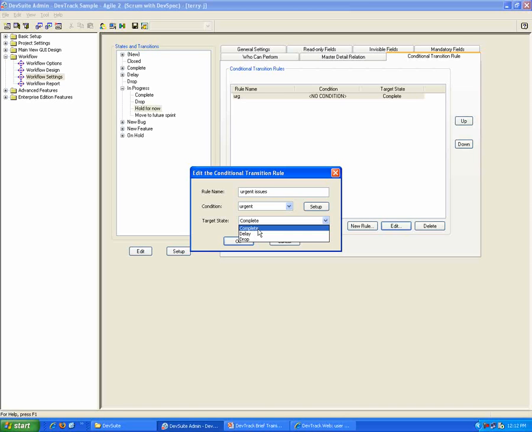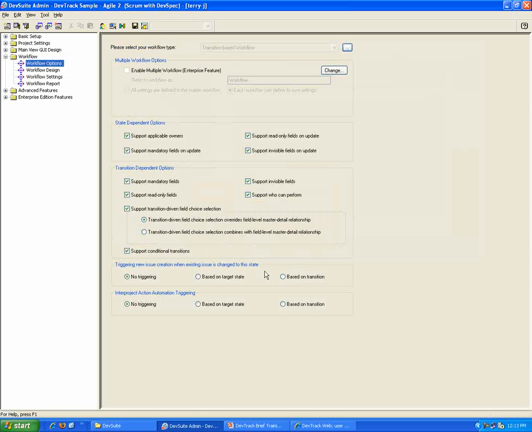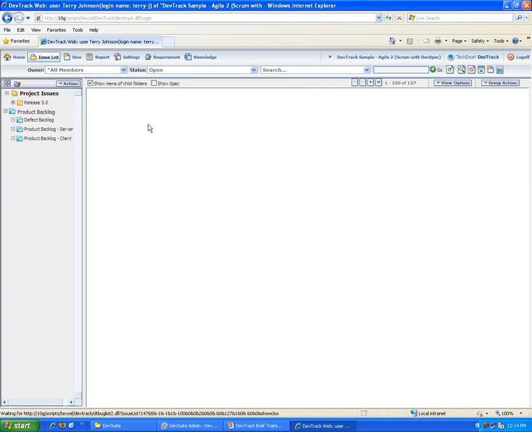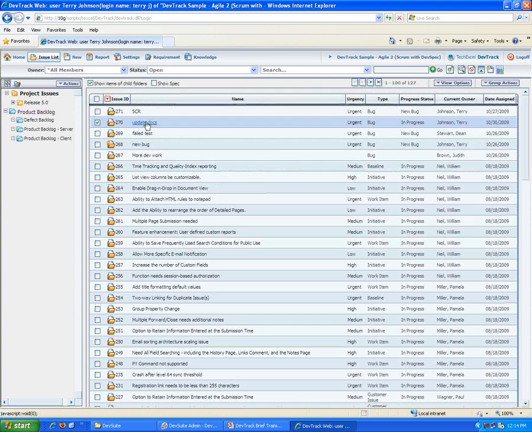The default action will always be that drawn in the workflow diagram, but I can choose based on specific rules, based on specific field values, a different state to automatically move it to when this transition is invoked for that issue. When I'm ready to implement these changes, I simply click the reload button up here in the admin application. And if I come down to my issue list and find something that's in an in progress status,